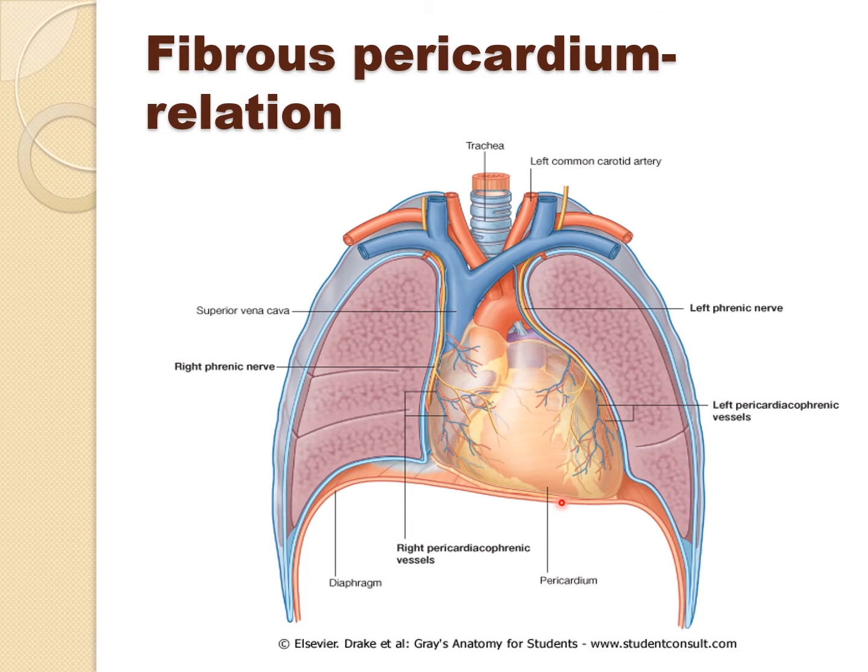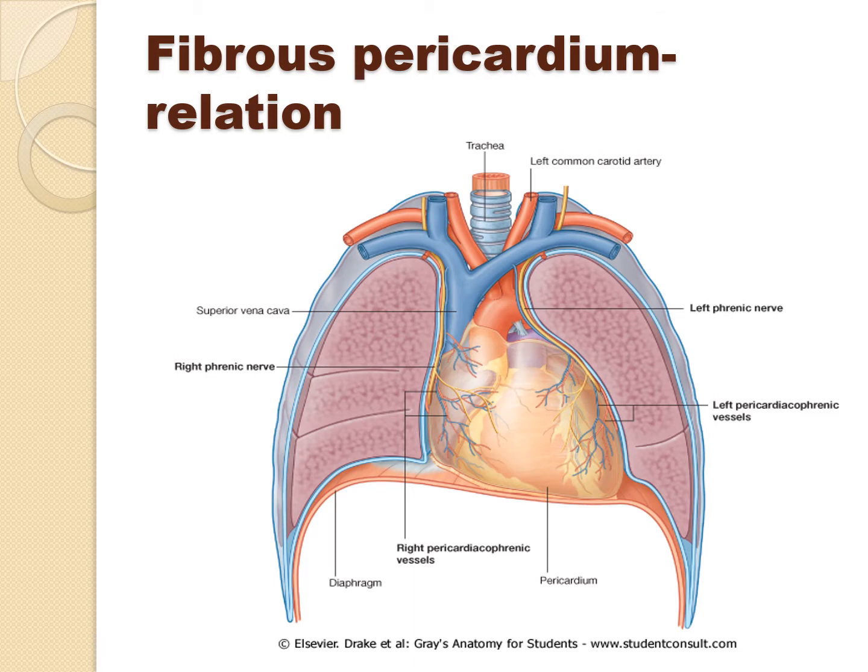Then behind there are the right and left bronchi, esophagus with the esophageal plexus, the descending thoracic aorta and thoracic duct, azygos and hemiazygos veins, and the posterior part of the mediastinal surface of both lungs. On each side, right and left, there is a cardiac impression of the corresponding lungs separated by the mediastinal pleura. Then the phrenic nerve and pericardiophrenic vessels lie between the pleura and pericardium. These are the relations on each side.